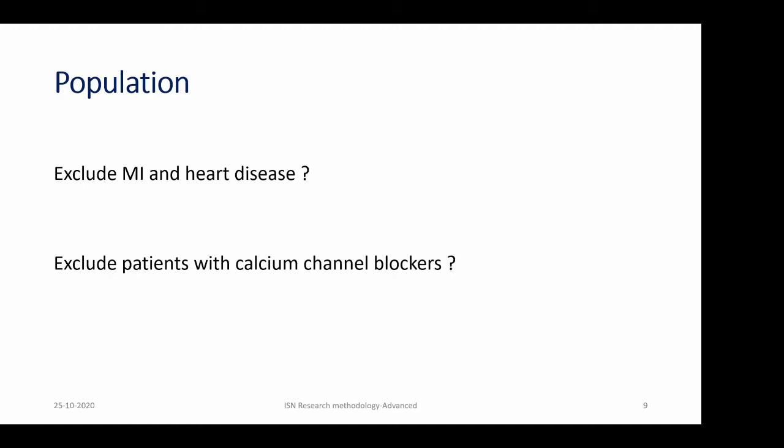And another concern with calcium channel blockers is that they might increase the proteinuria. But I would say in the given scenario, it might not be a great concern. Even though it's a theoretical concern, there is not much good data which shows that calcium channel blockers are associated with gradual deterioration of kidney function because of this proteinuria. So let us expect that randomization will take care of calcium channel blockers, and we all know that calcium channel blockers are used very well in chronic kidney disease, and we can believe at this point that randomization will give us a balanced group with respect to the use of calcium channel blockers.